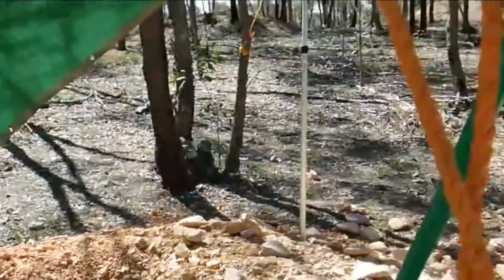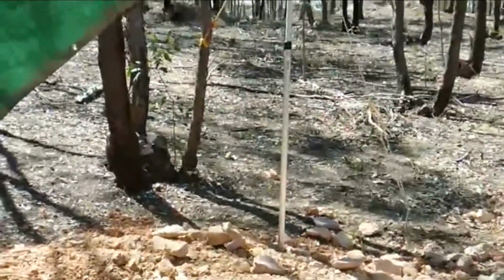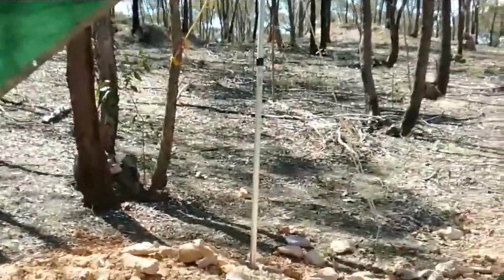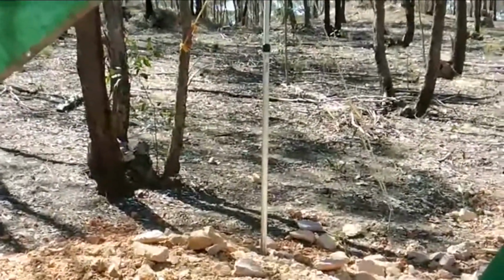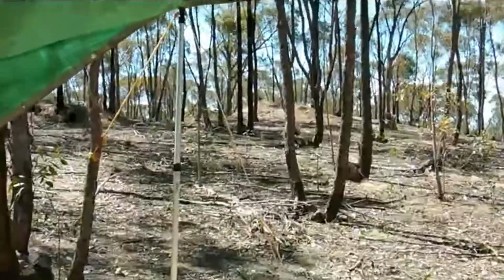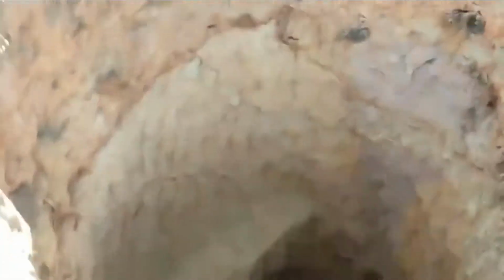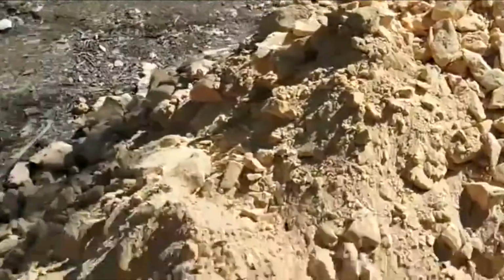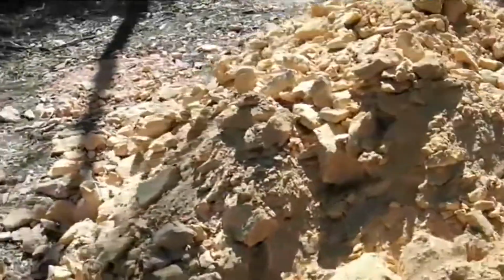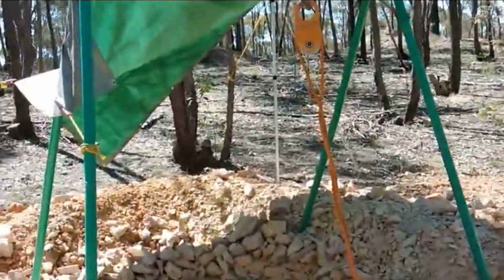Anyway, the miners were digging a shaft right up past that pole up there. From that pole behind those trees, you can see one rock sitting there, about a meter above that. That's where the cavity, the empty tunnel, is coming up from the My Locator up on top of the hill. And I believe they missed a part of the reef, which we are looking for right here. We don't know what's going to happen by the time we get down there. We're not concerned one way or the other. We would like to find some gold. But if we don't, we won't be disappointed